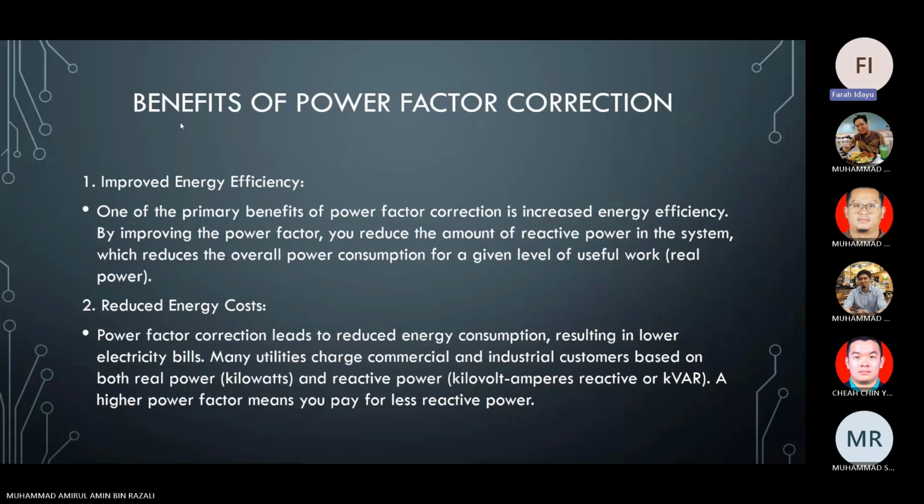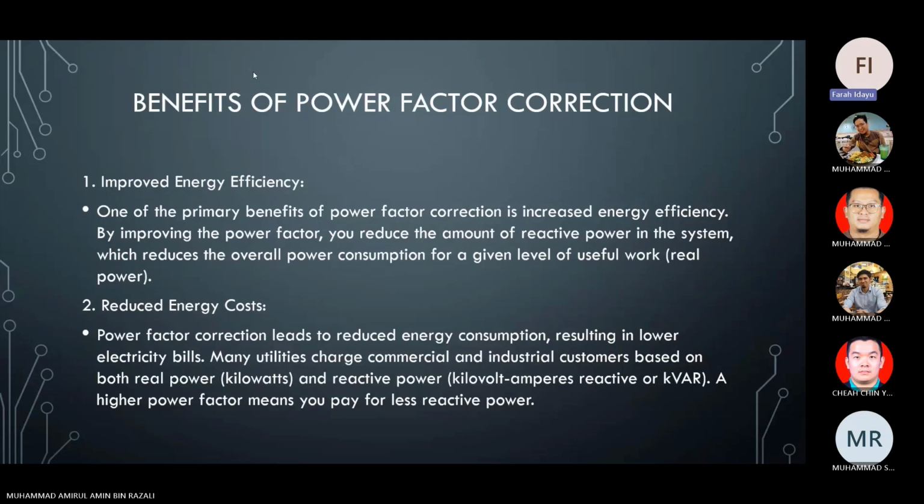So these are the benefits of power factor correction. First, improve energy efficiency. One of the primary benefits of power factor correction is increased energy efficiency. By improving the power factor, you reduce the amount of reactive power in the system, which reduces the overall power consumption for a given level of useful work,